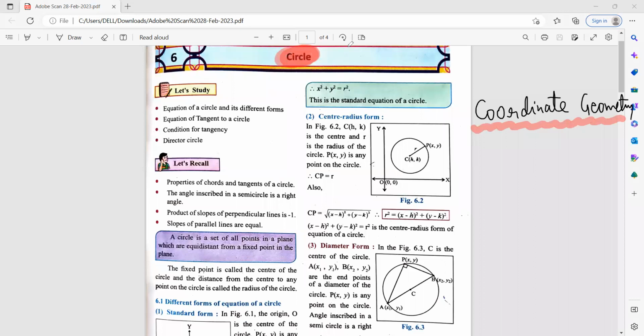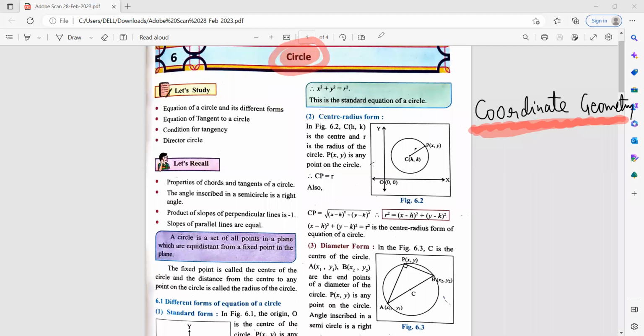That is, you learn several things in a different way. I repeat again, when you are taking the topic circle under coordinate geometry, then you learn several things in a